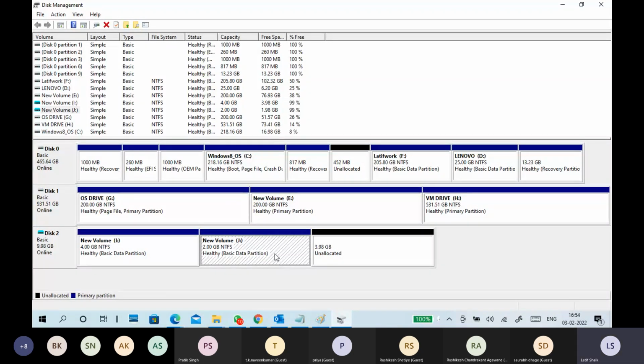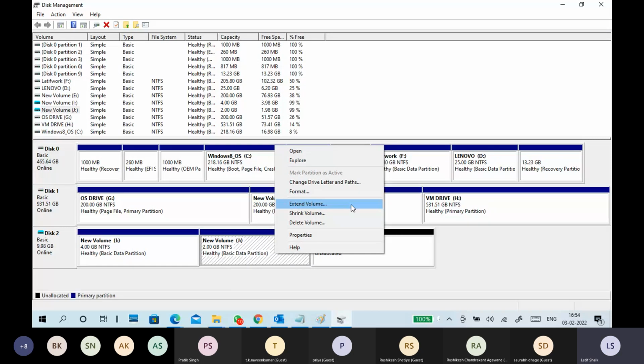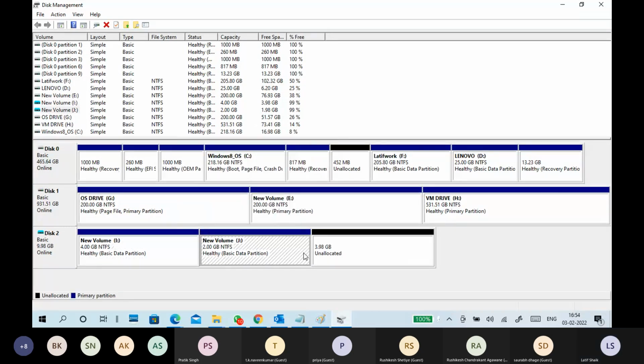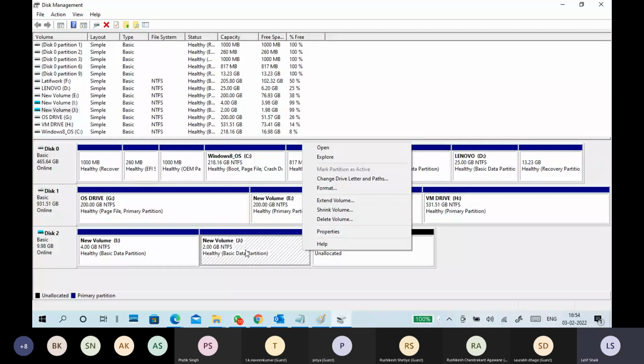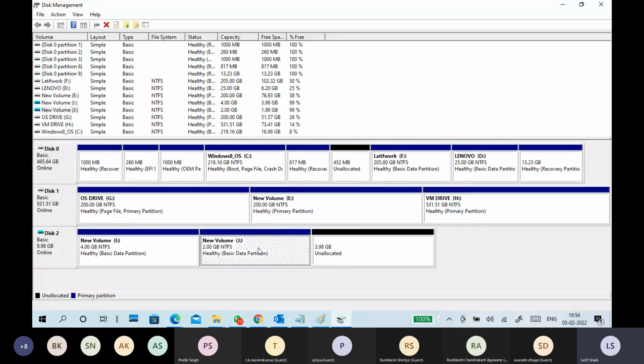Hello. All guys forget. Everybody wants only one question: when is an interview? Are these questions coming in the interview or not? But it is a simple question. How to add this 2 GB to 4 GB or 4 GB to 2 GB? How to add this to this? No answer. Using shrink? Don't know, sir.